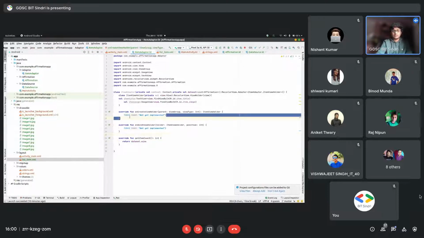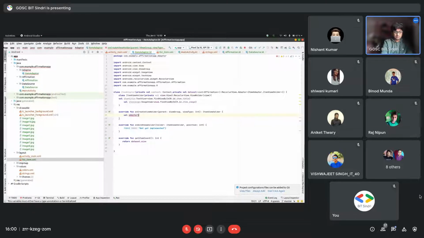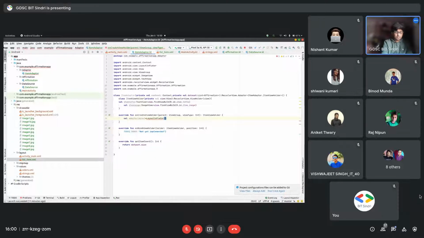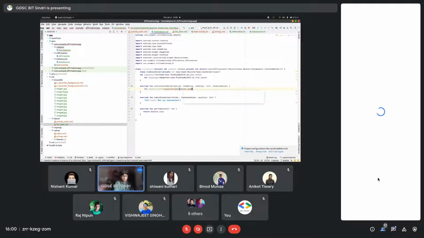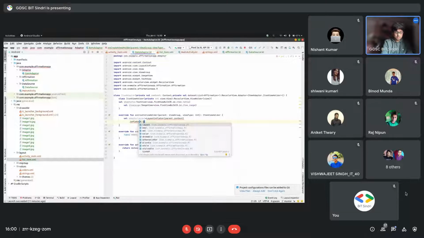And what does on create view holder do? Basically, it links the view like list item.xml to our recycler view. We'll create an adapter layout. So now link our layout list item.